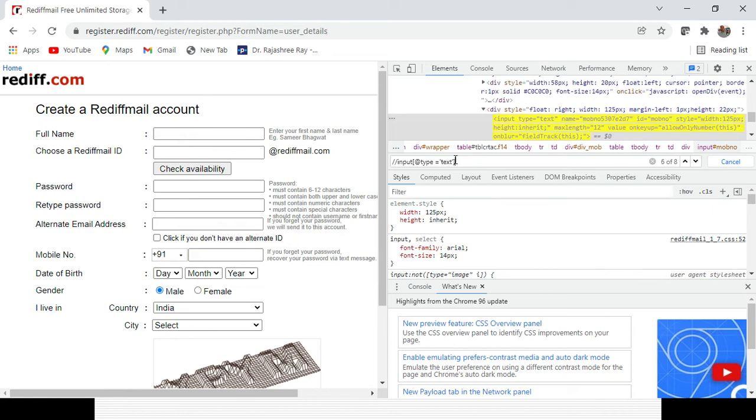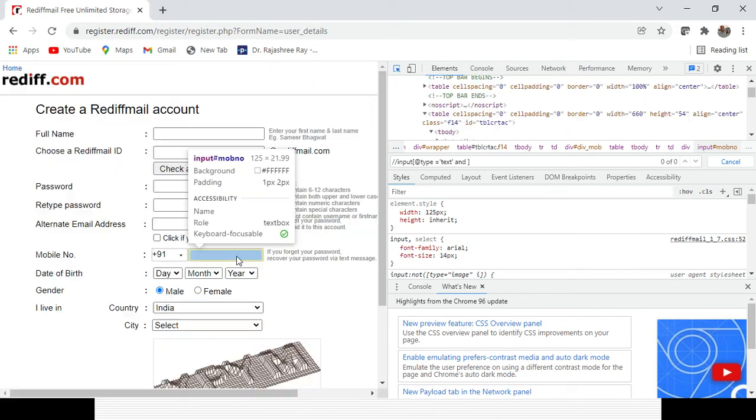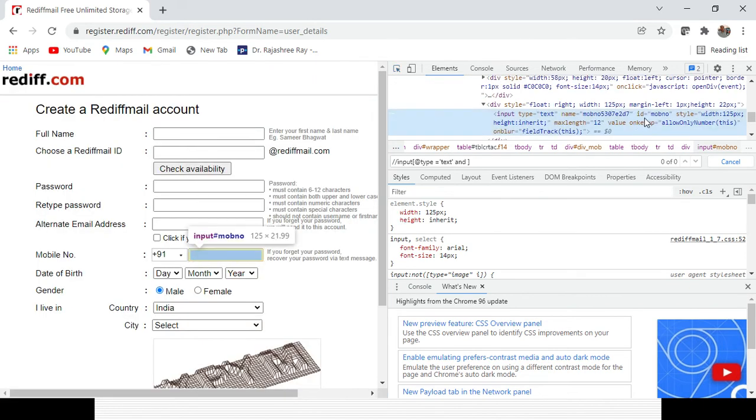So here you can use the AND operator, right? Apart from type equal to text, I can give some other identifier as well, where id equal to mobile number, right? So with those two identification techniques, I can identify the element uniquely with the help of the AND operation.